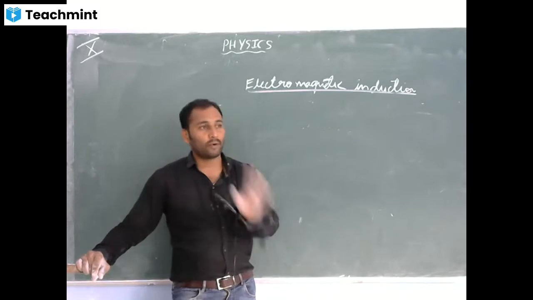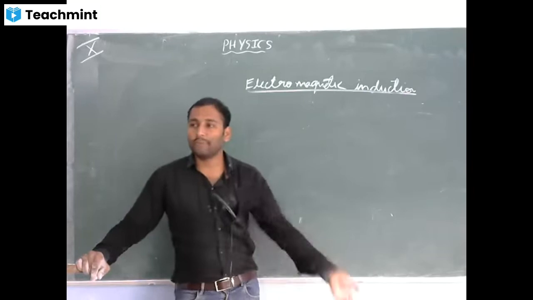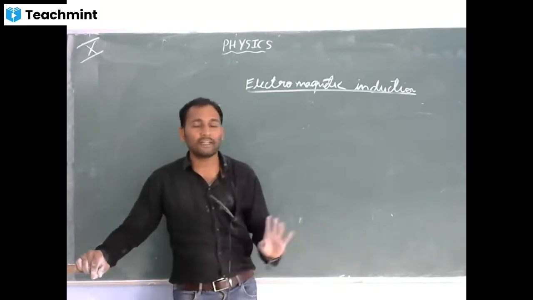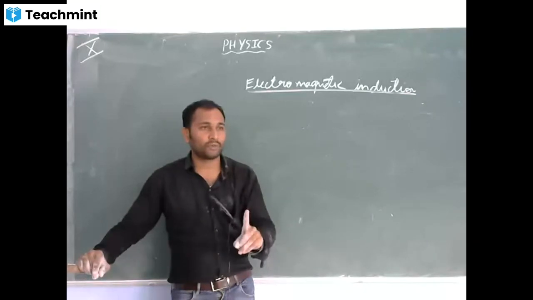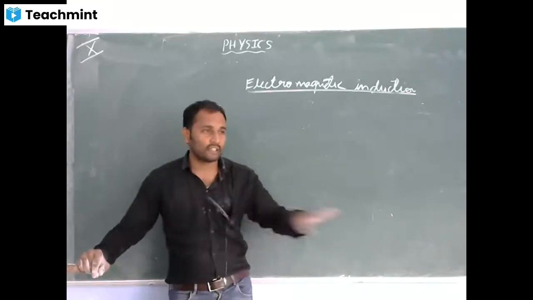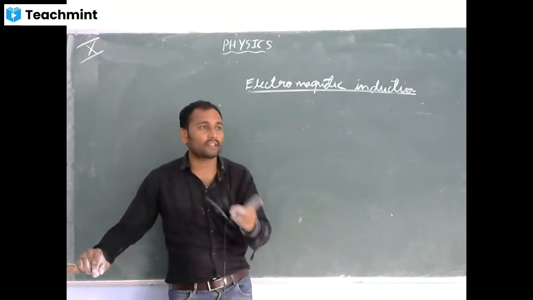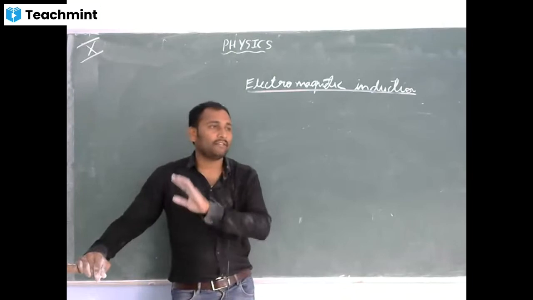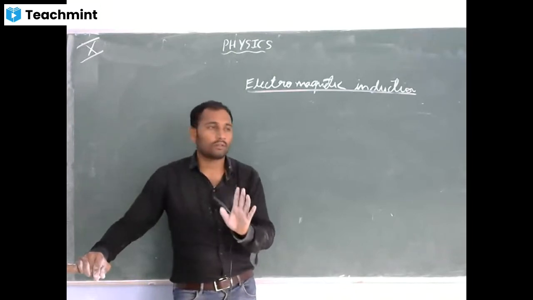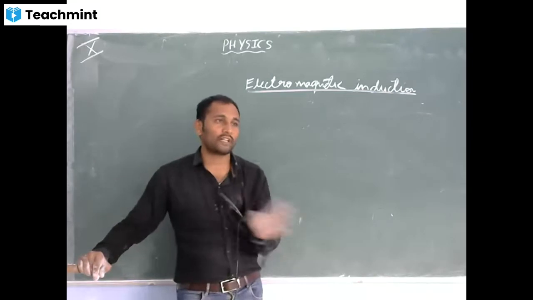Light is already over. Once again, watch those videos for your confirmation. And human eye, I have recently finished. In human eye and colourful world, the first part is not there: the functioning and structure of the human eye and defects of the human eye are not there. It will start from refraction of light through a prism. From there till the end, you have to be clear and ready with those concepts.